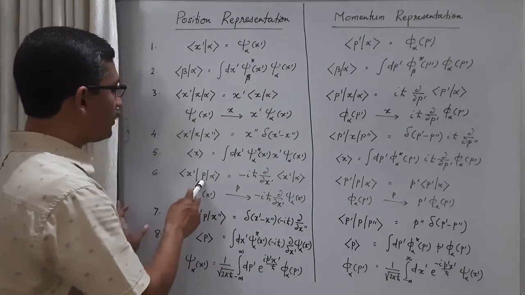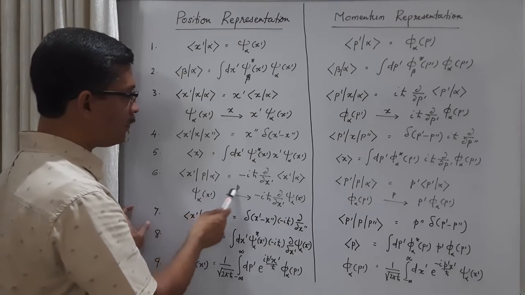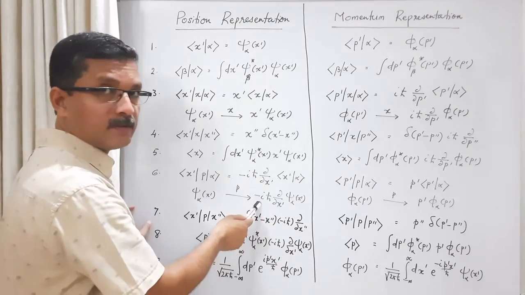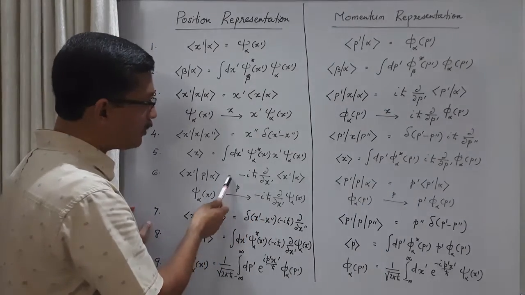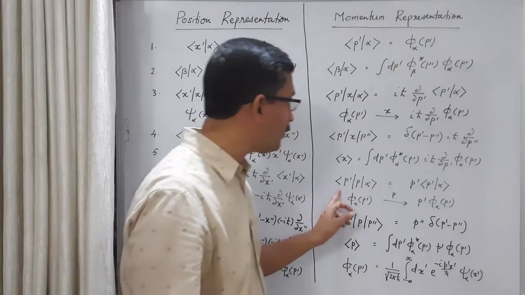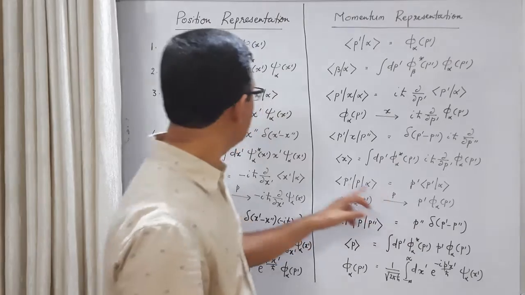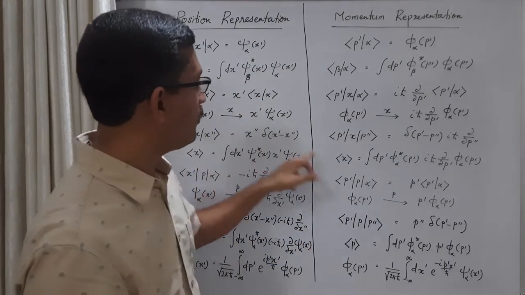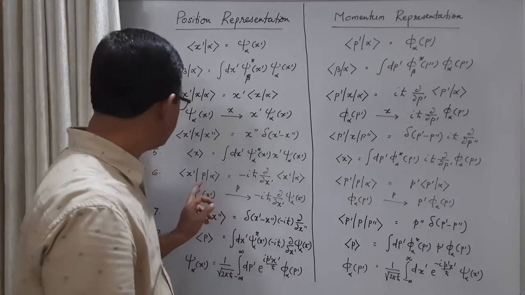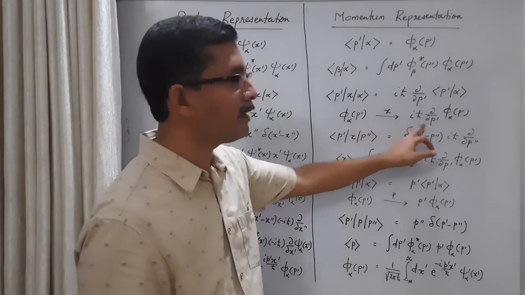Then when you come to the momentum operator, this equation shows that the action of the momentum operator on a position space wave function will be like this. The wave function is differentiated with respect to x prime, multiplied with minus i h-cross. So the momentum operator in position basis is minus i h-cross dou by dou x prime, whereas the momentum operator in momentum basis is like ordinary multiplication with a scalar. So the behavior of the position operator in position basis and the momentum operator in momentum basis are identical, whereas the behavior of the momentum operator in position basis and the position operator in momentum basis are identical.